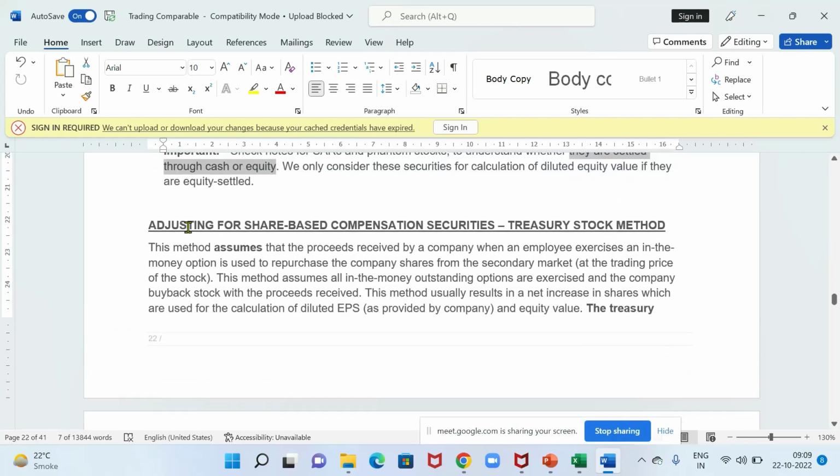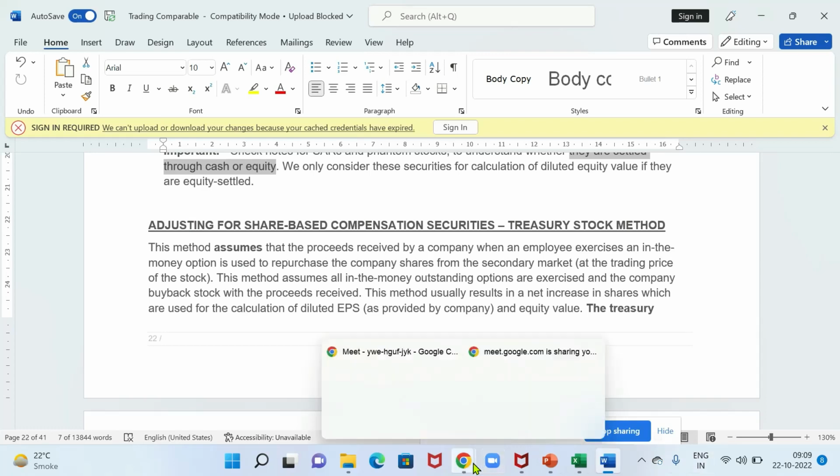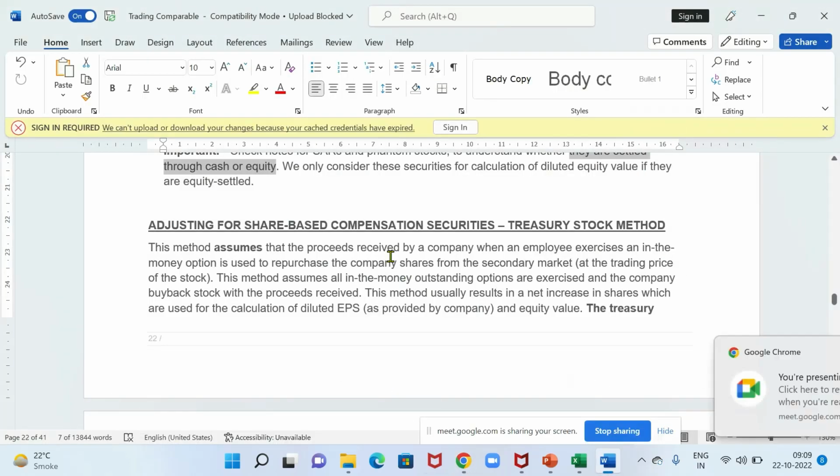So now just imagine, for the options like RSU and PSUs, we are not receiving any funds, but for options, the company will receive funds. So when the company receives funds, we have to also factor in for dilution. So just in case, when we are assuming that the company will be receiving funds, we'll use that not as my cash and cash balance, but I'll use that amount to acquire shares of my own company from market so that I reduce the dilution impact.